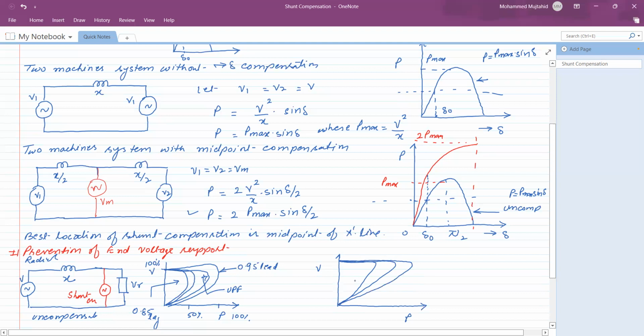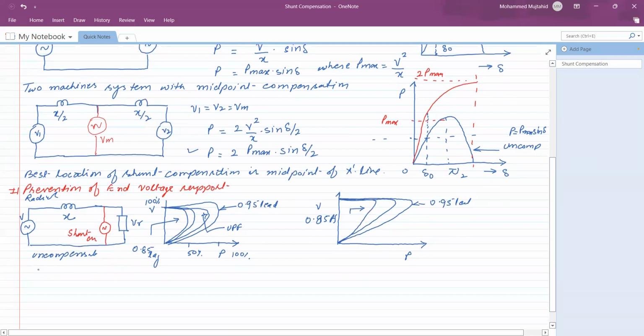So we can say that with the help of shunt compensation connected near to the load, again it is 0.85 power factor, and say it is 0.95 leading power factor. So it is clear that here the voltage profile is poor, and here the voltage profile of the load is very good, and therefore the best location